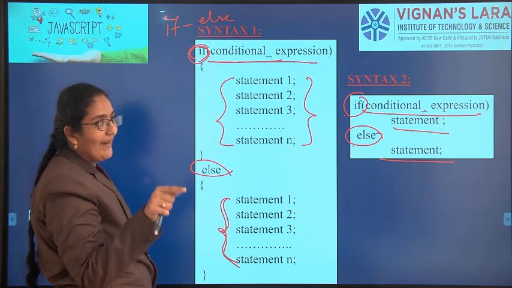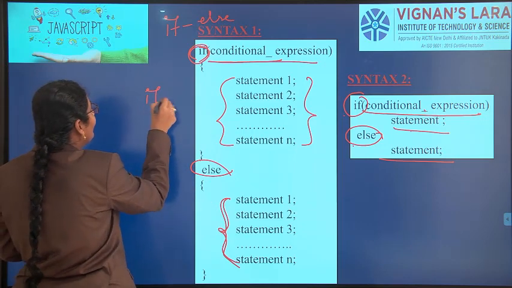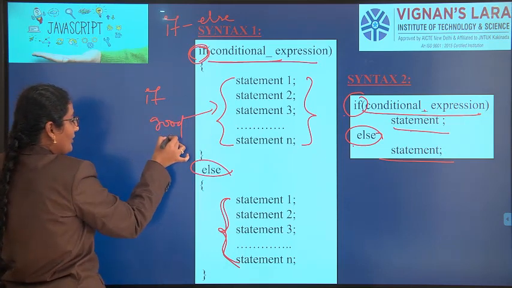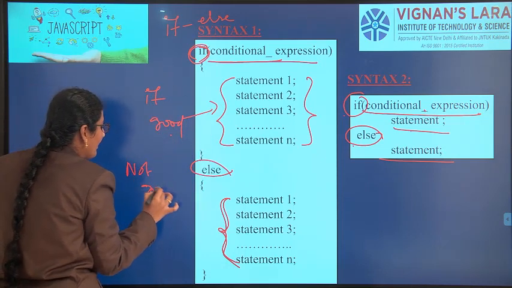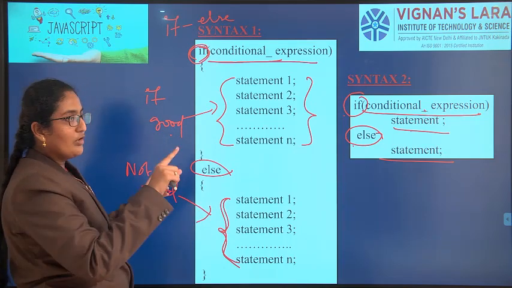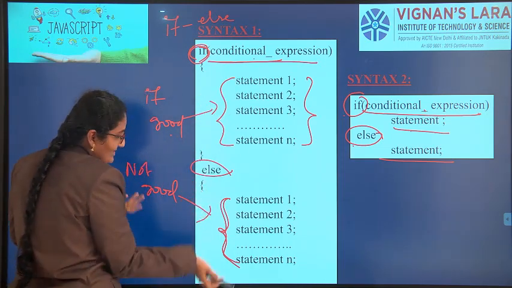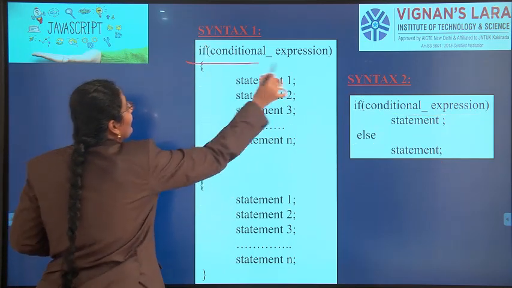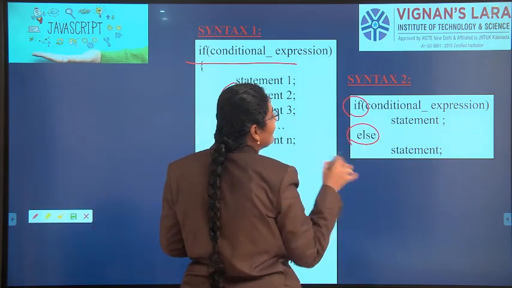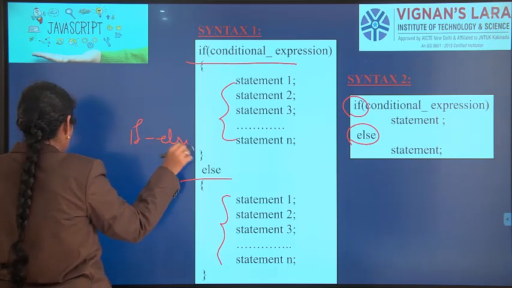I am not telling you you are bad. Bad is different, not good is different. So what is here? If you are good, you have some statements. If you are not good, then you will have some statements. We don't have the point of bad here. If you are good or not good, that's it. If condition, some statements, else some statements. It is the same if else syntax in any programming language, simply if else. This is simple if else.